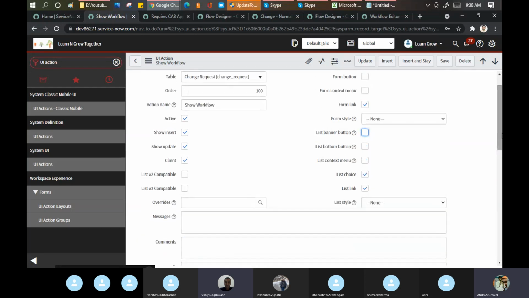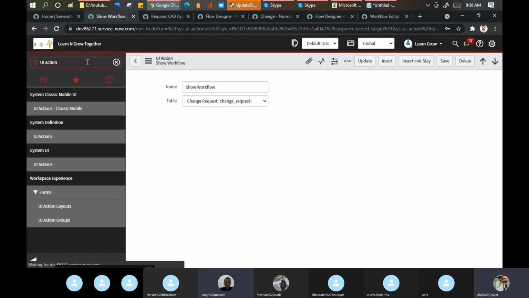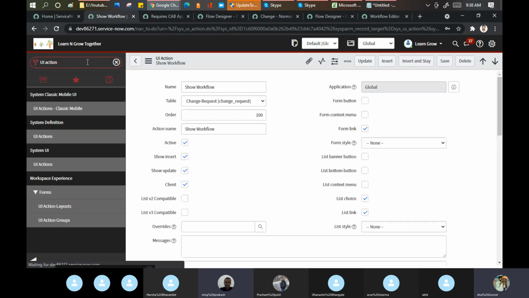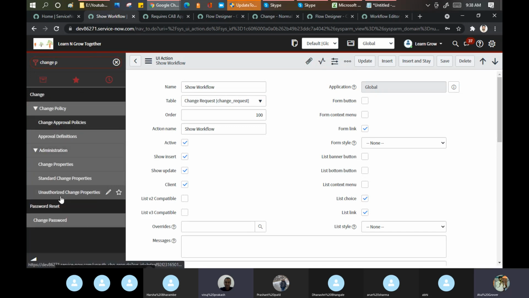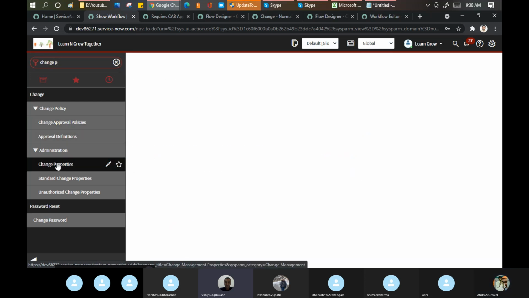Don't know, but they did. It is active as well. Let's save it. Okay, let's say I want to go for one property so that you can do a little more checks at your end. Change properties. This one.